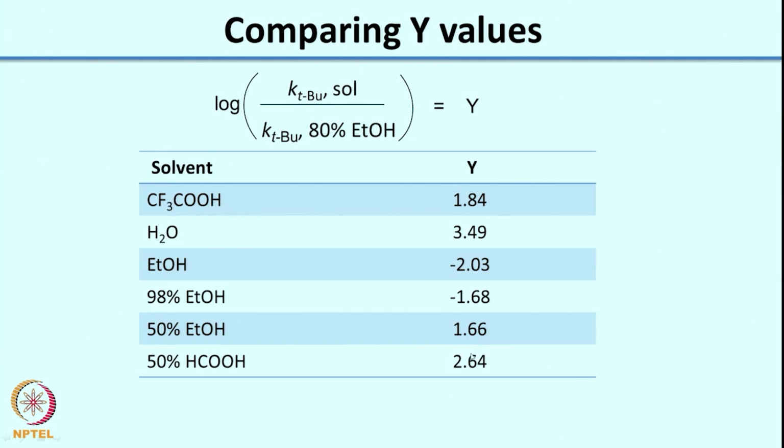So, having a feel for the polarity of the solvent and the reaction you are looking at, you can get a good idea of what the trends will be for Y values. So, similar to the other constants we had looked at earlier, which is sigma, you also have tables which you can find in textbooks of physical organic chemistry, which will give you this Y scale to give you an idea about solvent polarity and how much a solvent will stabilize a particular reaction. Now, this case that we had seen is for t-butyl chloride. So, similar to your Hammett equation, you now want to determine how sensitive a reaction is to solvent polarity. So, to do that,